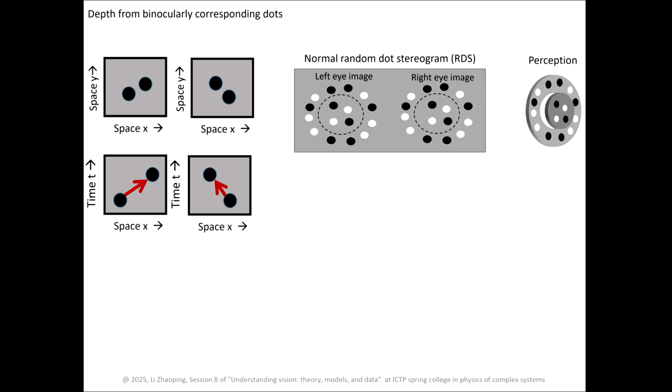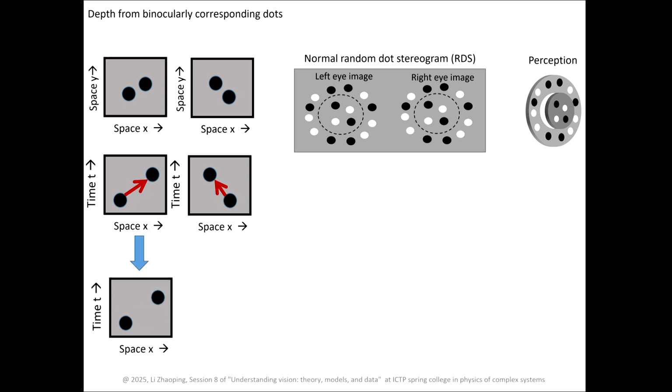Then make a copy of this image for the right eye. This is an example black dot matched between the two eyes. Another example, white dot matched between the two eyes. This shift of the central disk gives a positive disparity to this disk, moving the disk in front of the surrounding ring in 3D depth.